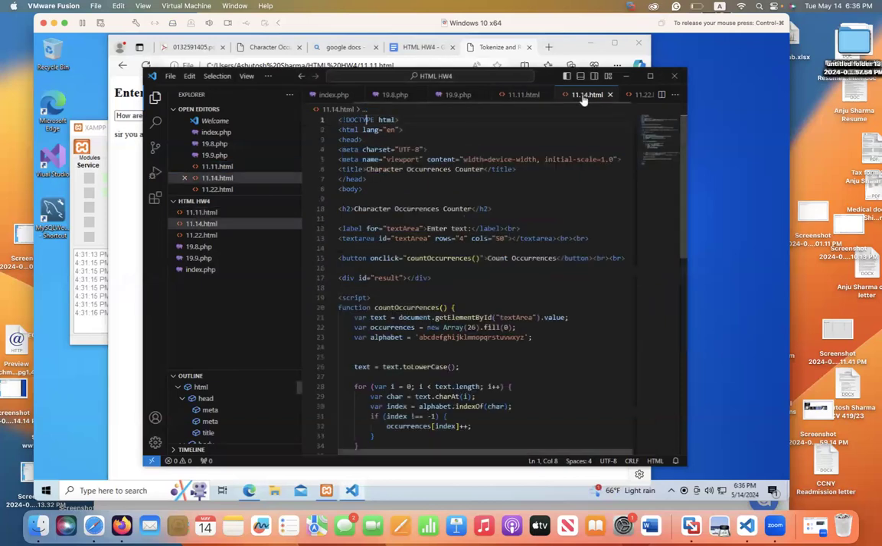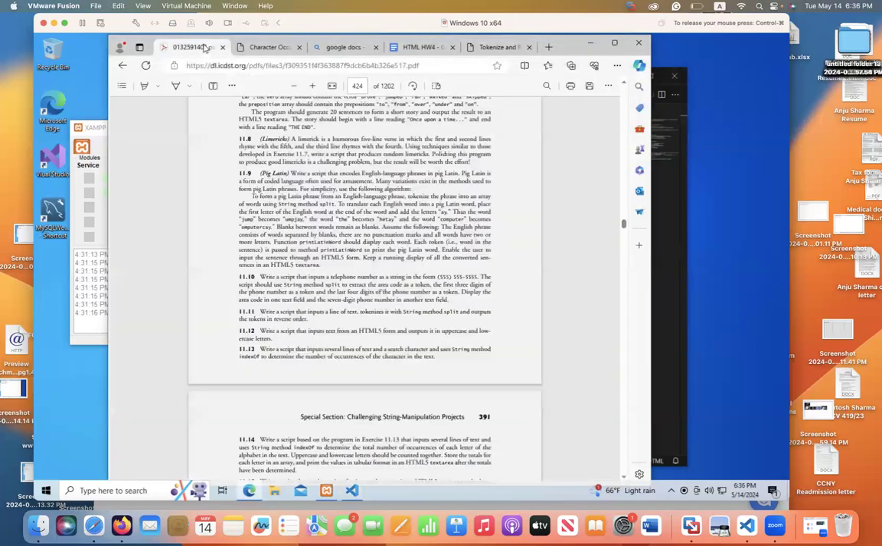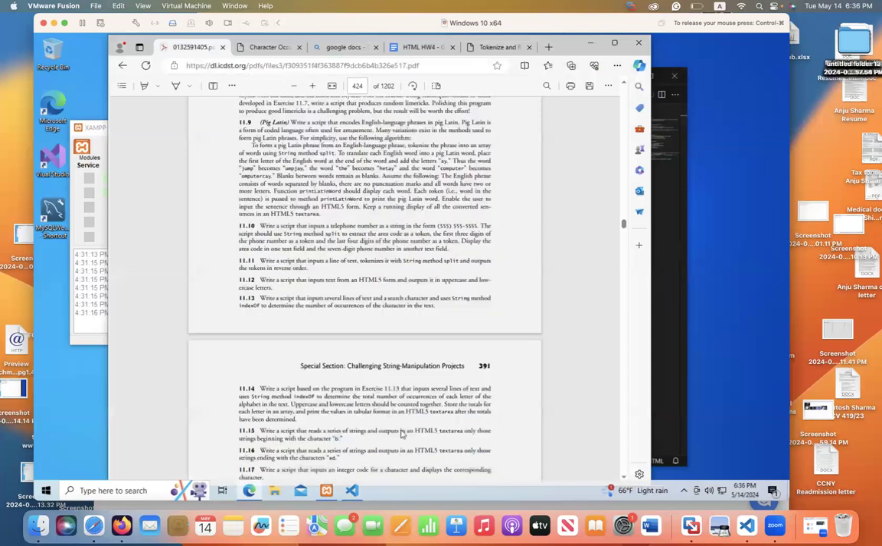We'll go to 11.14 now. With 11.14, it says write a script based on the program in exercise 11.13 that inputs several lines of text and uses string method indexOf to determine the total number of occurrences of each letter of the alphabet in the text. Uppercase and lowercase letters should be counted together. Store the total for each letter in an array and print the values in table format